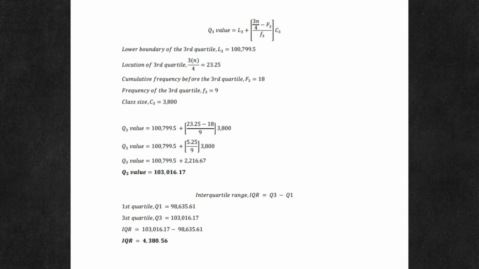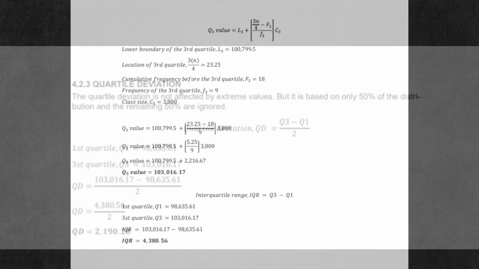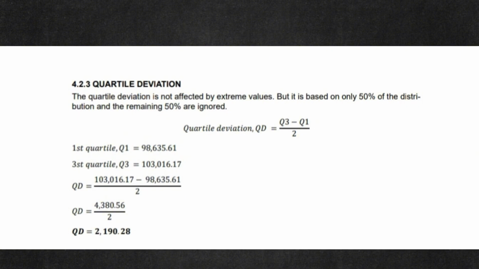Then we will find that the IQR is equal to 4,380.56. For 4.2.3, the quartile deviation. The quartile deviation is not affected by extreme values, but is based on only 50% of the distribution, and the remaining 50% are ignored. To calculate the quartile deviation, we use the formula third quartile minus the first quartile